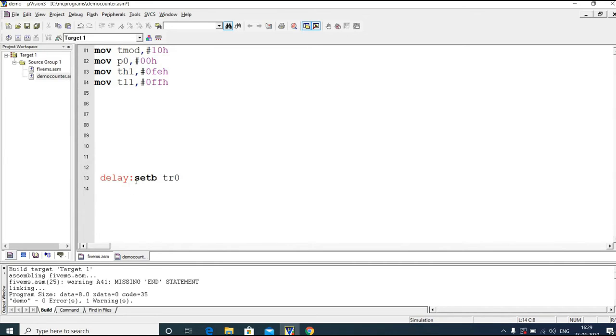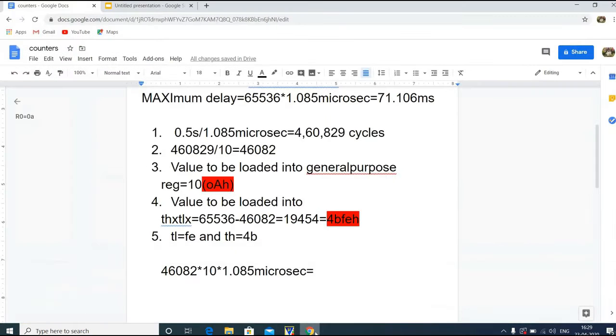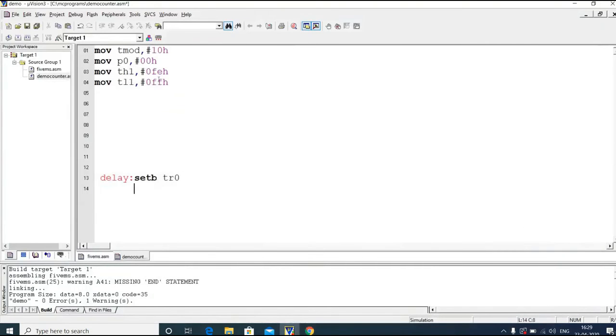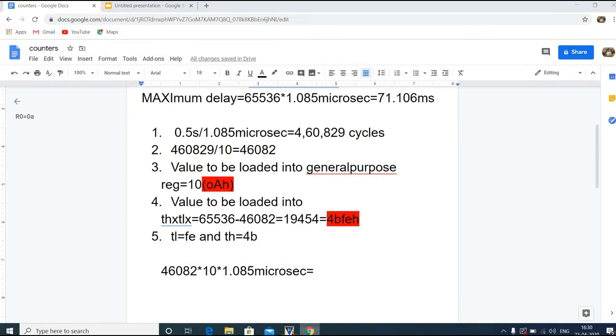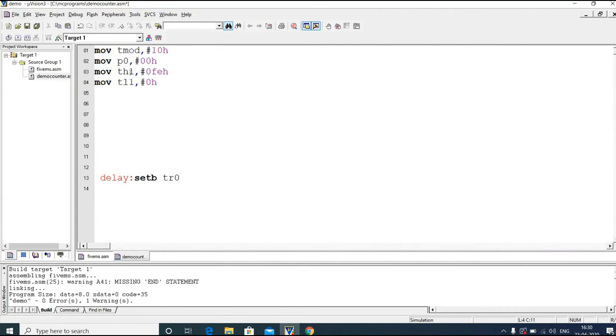Once we turn on the timer, next we need to watch the status of the timer flag, just to identify when the timer register will roll over from FFH to 00H. Sorry, here TH is 4B and TL is FE.